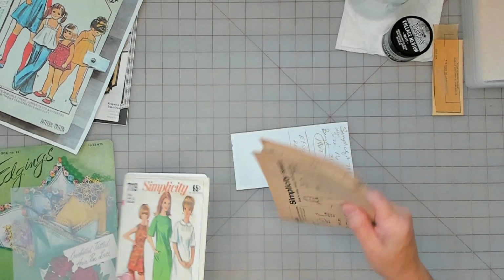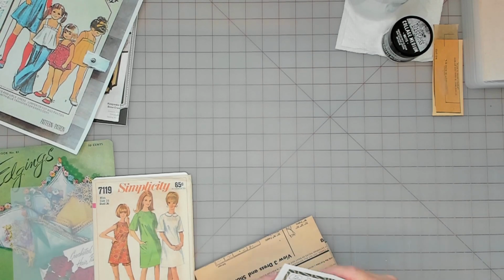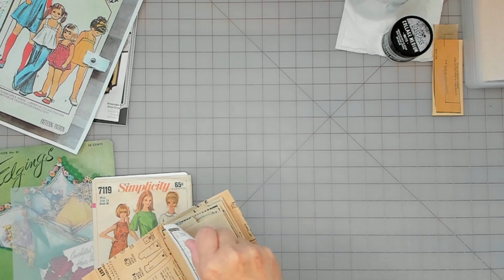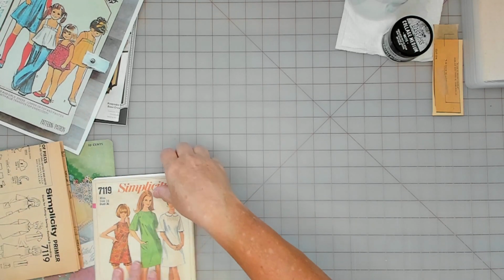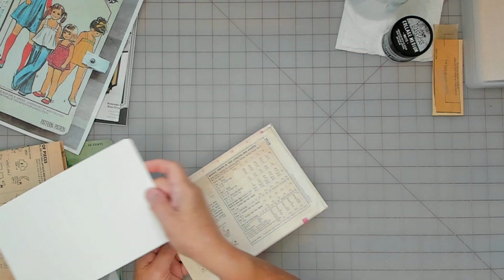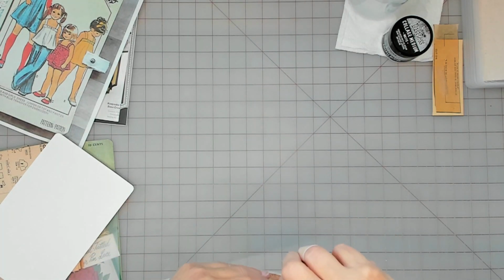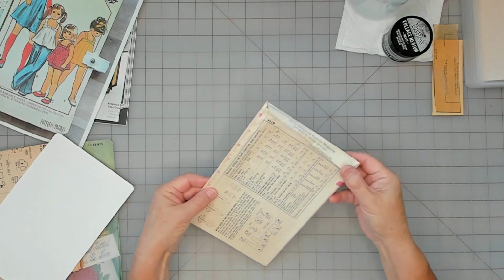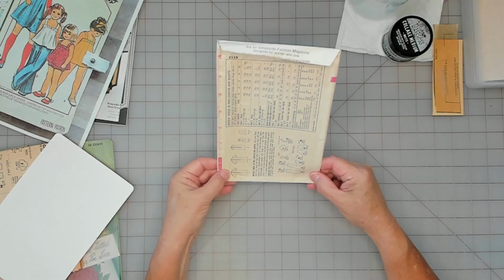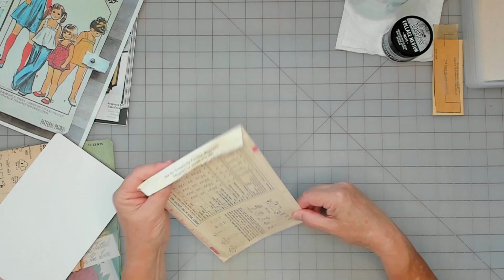this one here, these are my notes. It's pretty much a complete pattern. It's all ironed, ready to go. I just got a cardstock in there. That's how I store my vintage patterns. Alright, so basically I would cut this open. I'm thinking,